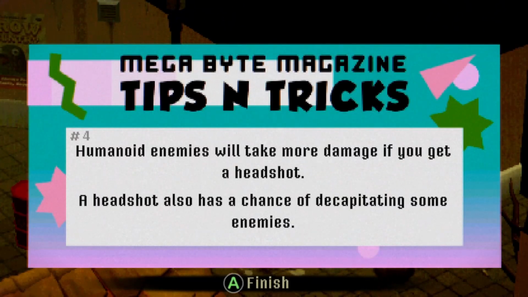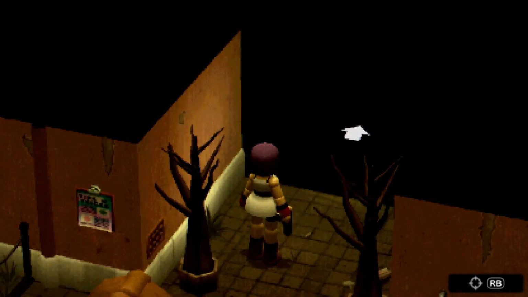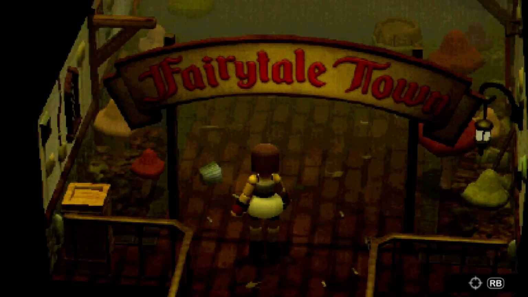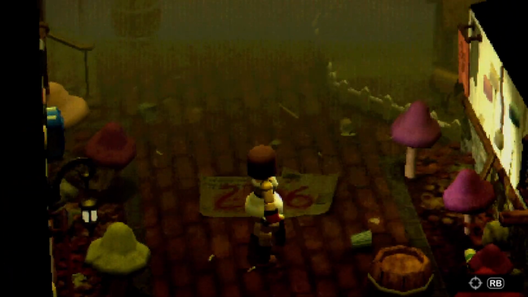What have we got here? Humanoid enemies will take more damage if you get a headshot. A headshot also has a chance of decapitating some enemies. Okay. Now the question is, is it going to be like an RE1 remake thing where they'll come back to life if their heads aren't exploded? Question. All right, so